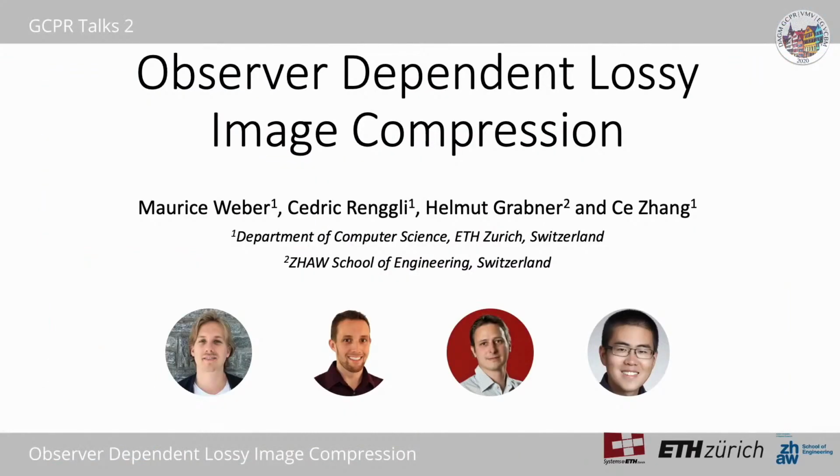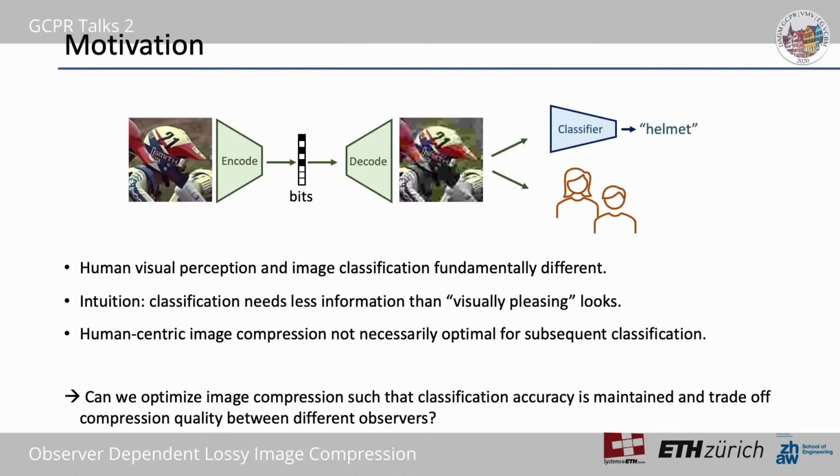Hi, my name is Morris, and I present a teaser for our paper, Observer-Dependent Lossy Image Compression. If you compress an image, then often it is viewed by different types of observers, which can either be human or computer vision systems, such as image classifiers. The majority of research has so far focused on the human observer. In this work, we ask, can we optimize compression explicitly such that classification accuracy is maintained and trade off compression